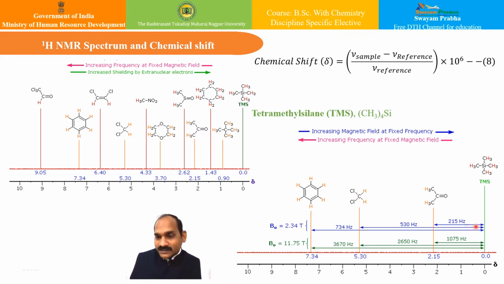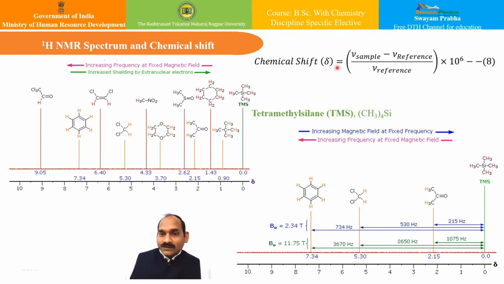You can see these are the chemical shifts. These blue lines are giving you the chemical shift, and they have the units of parts per million because it is in million. You can see the magnetic field is given, and these are the things represented in parts per million, and the symbol for this chemical shift is usually delta.